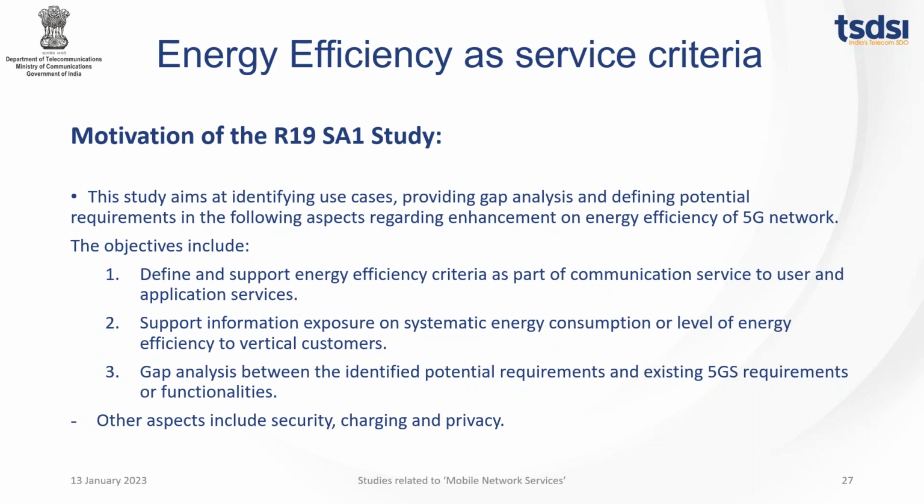And the network works in silos. It's only the network which knows how much energy is being saved, where it is saving, and what it wants to do, right? So there is no way a policy could be enforced for a particular kind of service from the perspective of a user. The user has no visibility into the kind of energy efficiency class his service falls into. So there is no way they can optimize, for example, their use of network services if they have already committed to a criteria